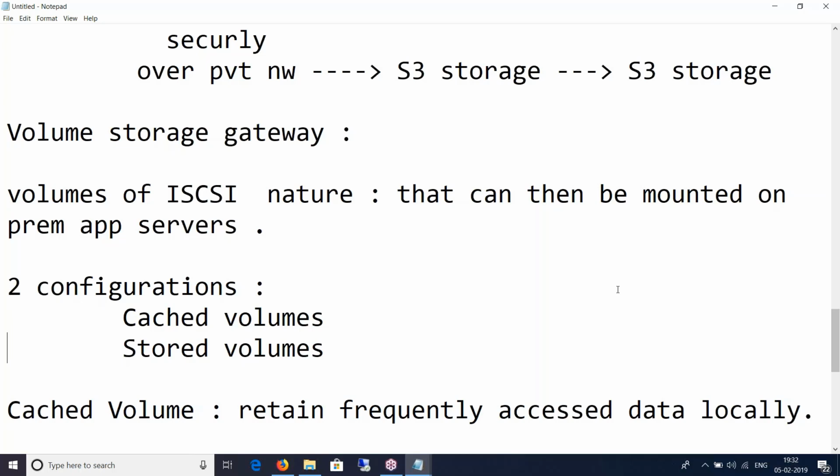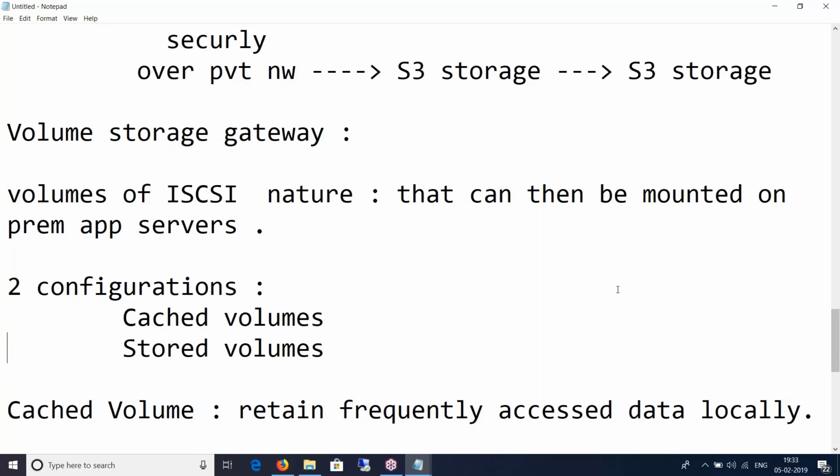There is a scheduler service as well, talking about how and when. You can back up your on-premise volume gateway volumes using a service called AWS Backup. You can schedule that.